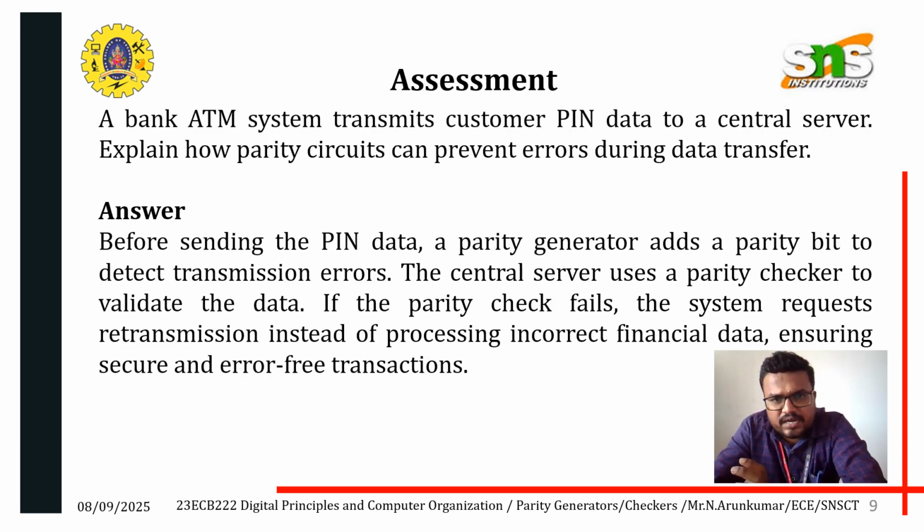Assessment. A bank ATM transmits customer PIN data to a central server. Explain how parity circuits can prevent errors during the data transfers. Before sending the PIN data, a parity generator adds a parity bit to detect transmission errors. The central server uses a parity checker to validate the data. If the parity check fails, the system requests retransmission instead of processing the incorrect financial data, ensuring secure